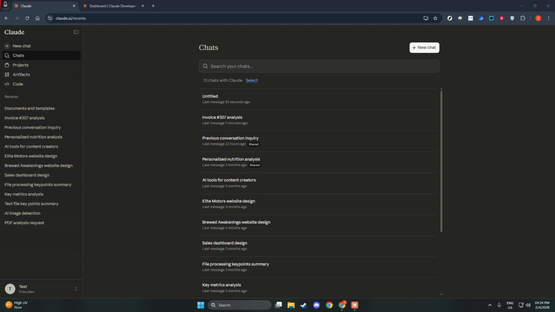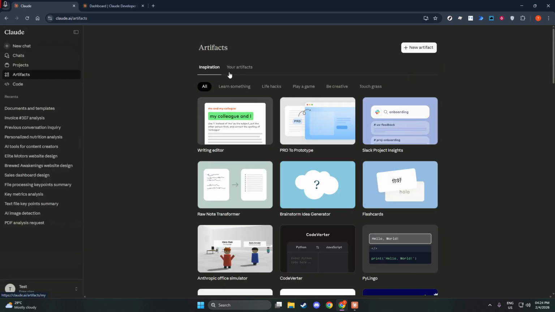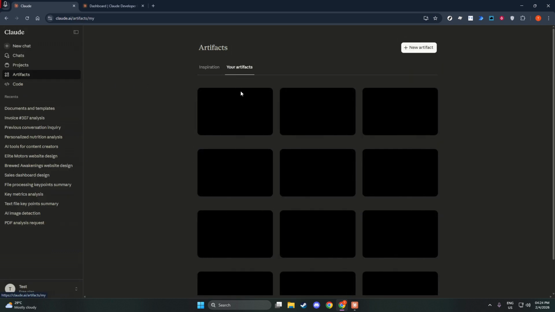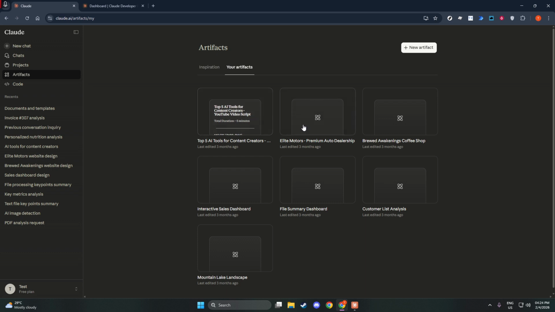Start by opening the artifact you want to edit. With it visible on your screen, go to the chat and type a clear message explaining exactly what you want adjusted. Be as specific as you can. For example, you could say, "Change the title to Project Overview and make the introduction more concise." That single message gives Claude both a structural change and a stylistic direction, which helps it deliver a clean, targeted